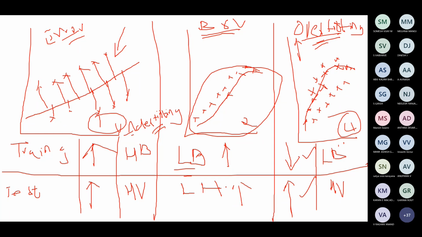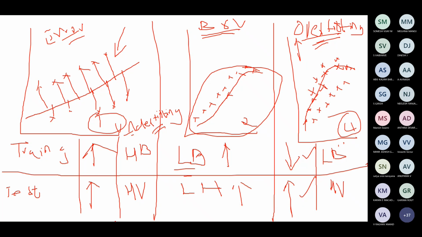Is it clear, students? What is low bias, low variance, high bias, high variance, low bias, high variance, and in which situation the problem will arise? Are you able to get it? Please tell me. This will really have an impact if you are not able to answer this. If you have any doubts, please ask me, I will explain. Is it clear to you?